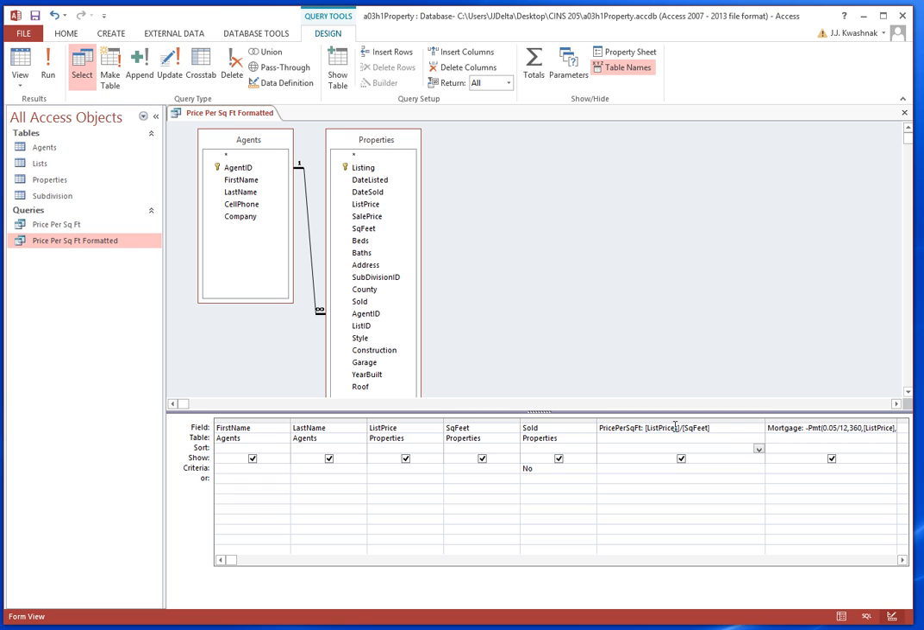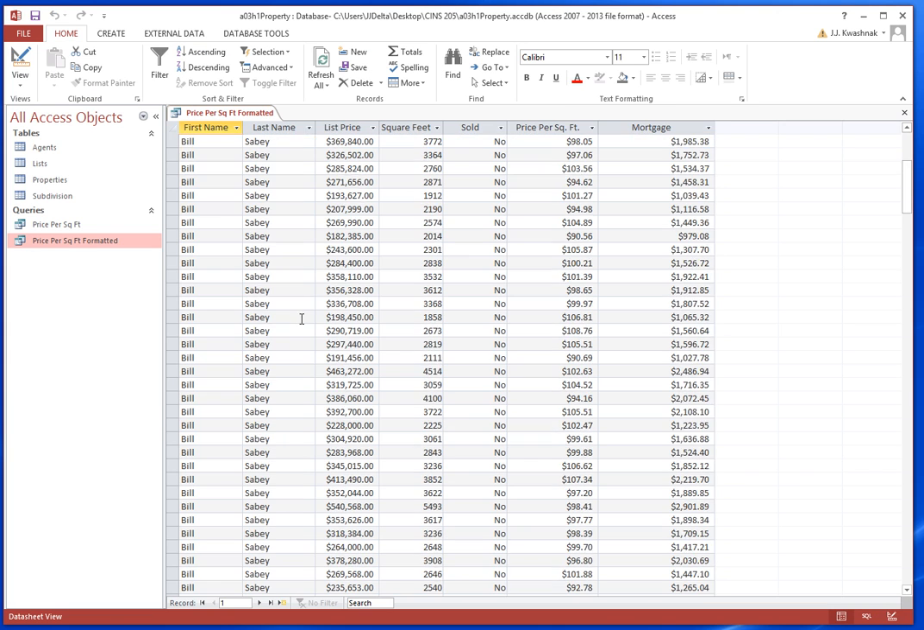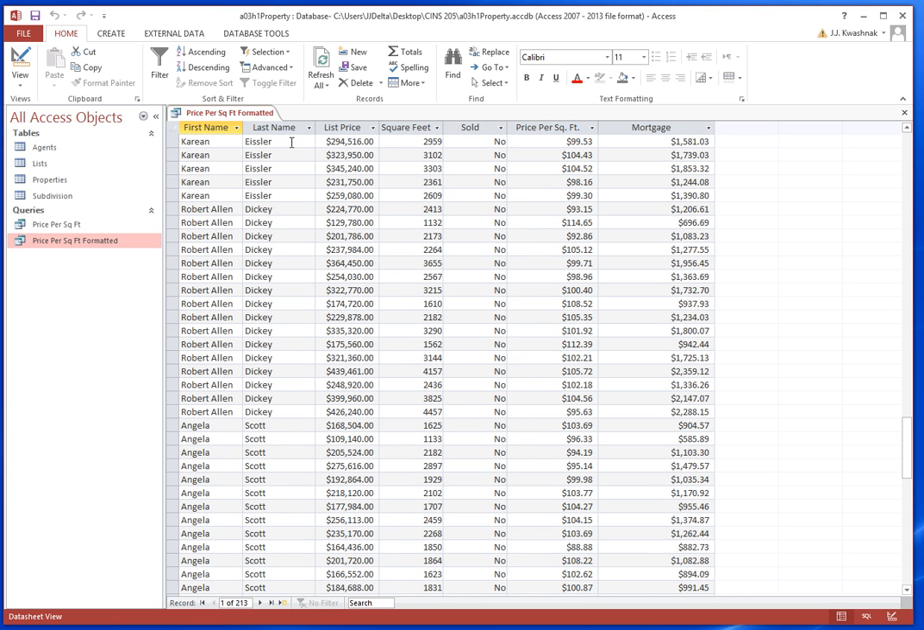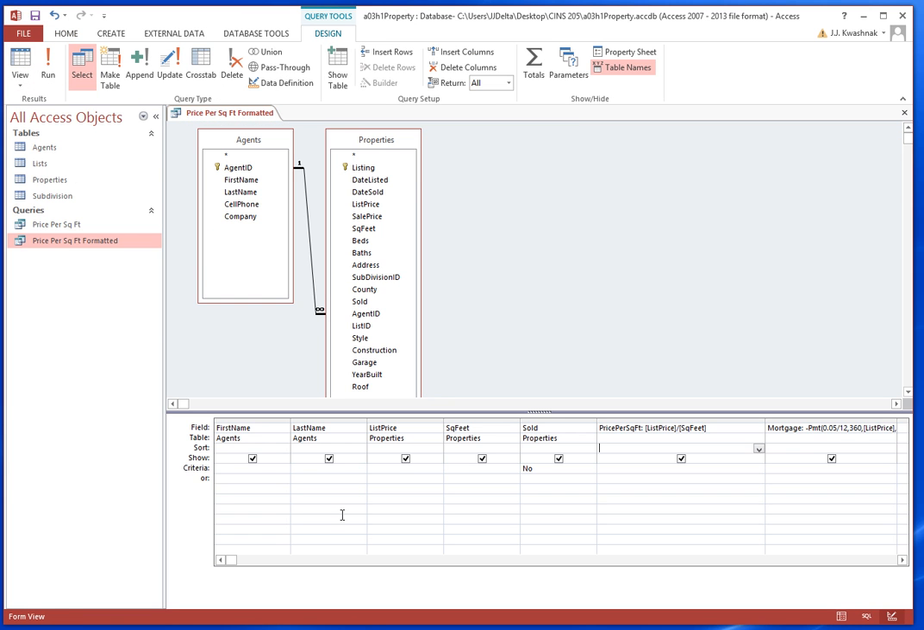So we've got that, and that's an example of what's called a parameter query. When you put something into those brackets in a query, and it's not a field name, then it says, okay, I want to ask you a question. I want to have you fill something in. We're going to see that in a later chapter, but I'm just going to show you an example. Under last name, you see that I've got all of these agents here. Say I just want to see all of the properties that are unsold and being listed by Robert Allen Dickey. Well, I can put in a criteria and say,